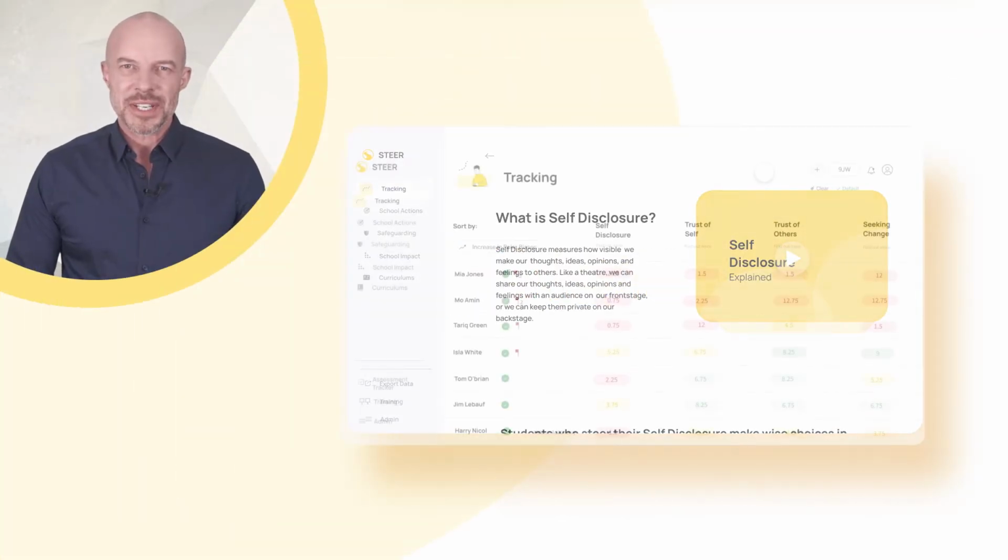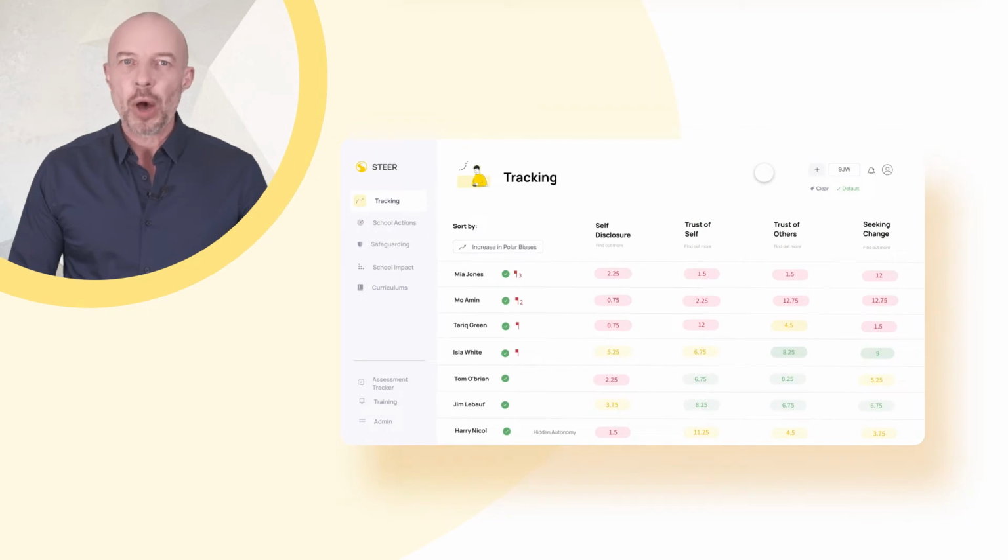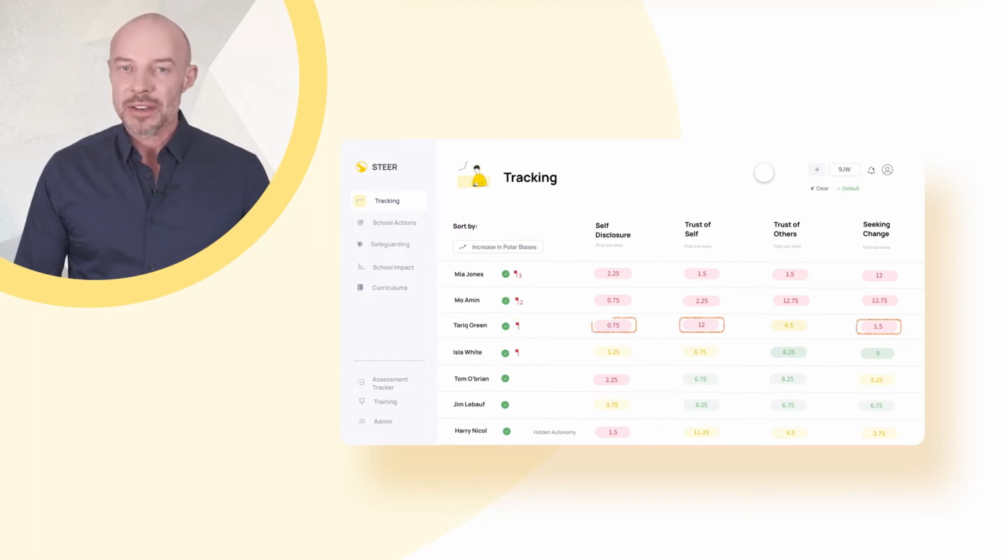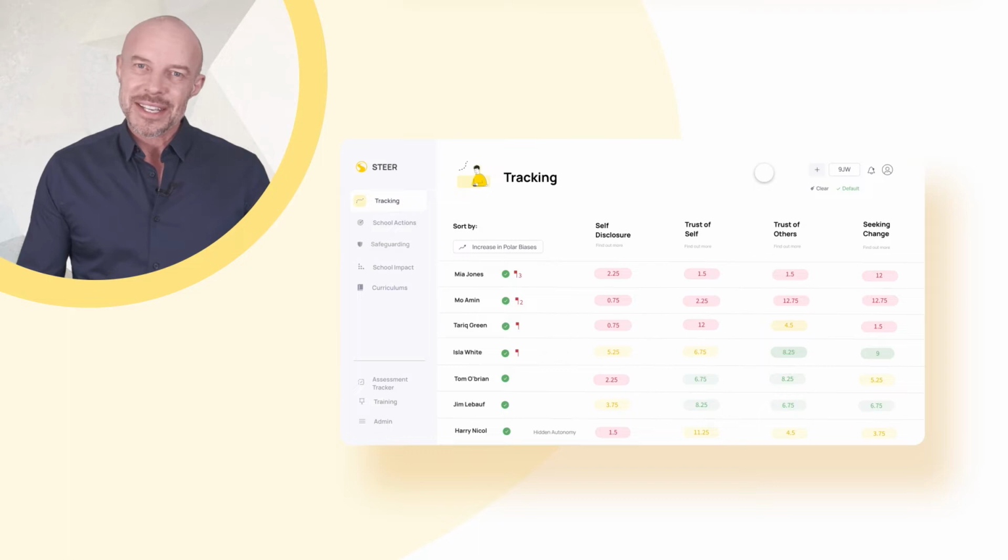Returning to my tutees, I can see one student with polar low self-disclosure. Tariq is a young man for whom there were no observable signs of concern, yet he's been flagged as a priority student, and I can see why. He has polar biases in 3 of the 4 factors. It's the first assessment in which Tariq has been flagged as a priority student, so this is a new concern